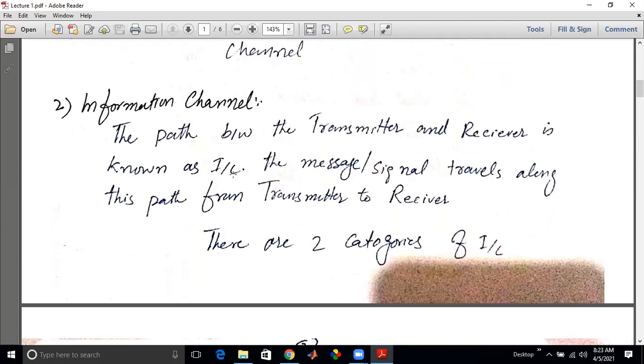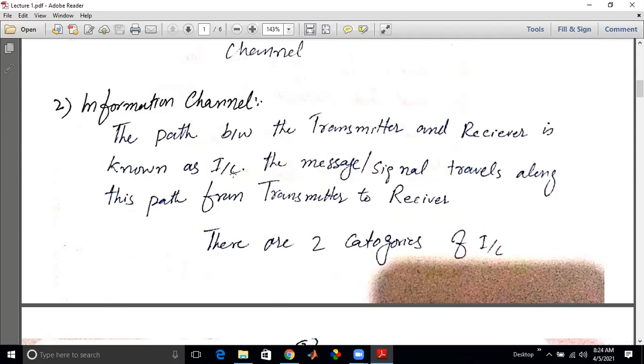So this is the definition of the information channel: the path between the transmitter and receiver is known as the information channel, and the message signal will travel along this path from transmitter to receiver. When the transmitter wants to transmit the message, this message will pass through this medium, and this medium will provide the link between transmitter and receiver, so that the message can pass easily from this